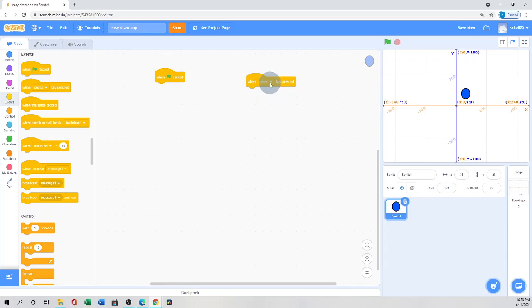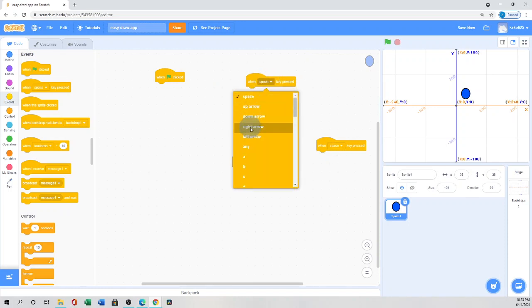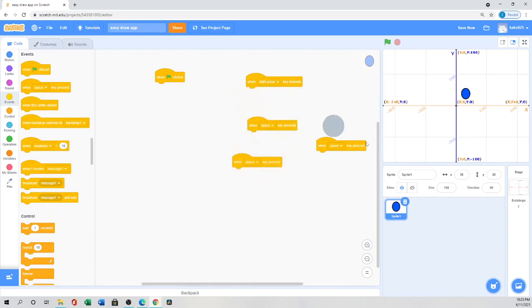Here if you click the arrow, the drop down menu, you can see the up arrow, down arrow, right arrow, left arrow, any alphabet letter or even number you can get. So I need four of them, so I'll just duplicate. I will just right click and duplicate this. So like for left arrow and right arrow, I will